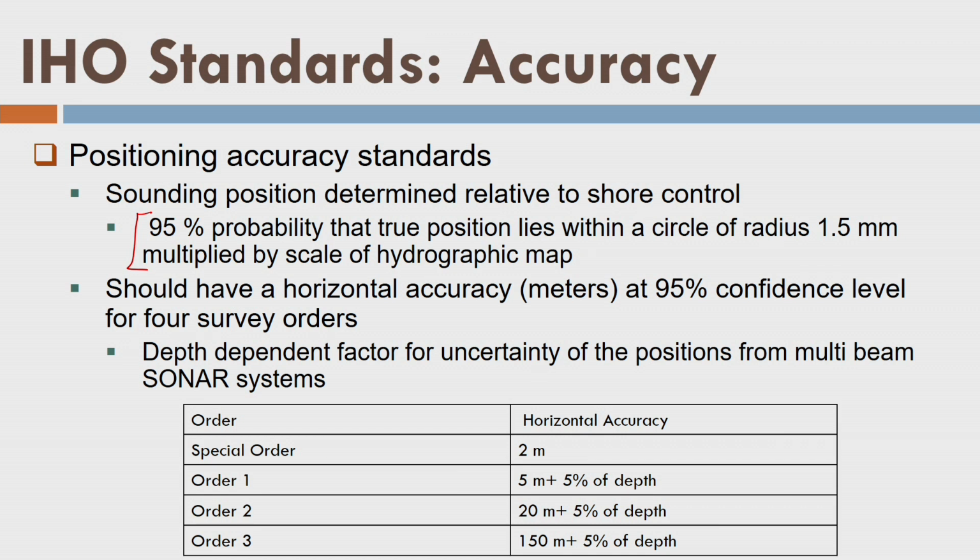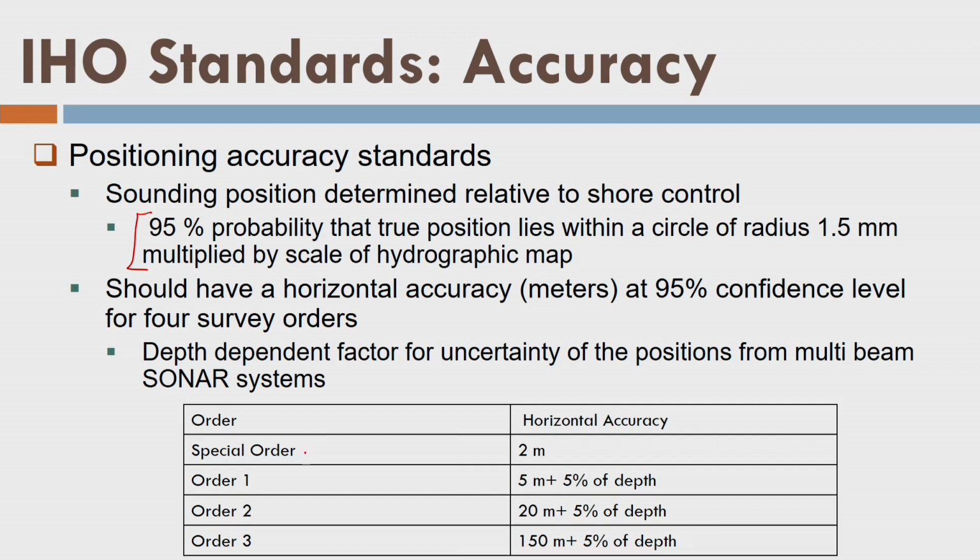Nowadays, in the latest version of IHO, they have specified that we should also consider the depth of the water in order to define the horizontal accuracy. That means, the higher the depth, I can have a little tolerance on the horizontal accuracy of my position, and that is why they say that for special order there is no compromise. That means each and every point XY should be located within 2 meter accuracy, and that is coming from the 95% confidence interval. I hope that you got the idea, because we have already discussed these 95% criteria in adjustment computations, or in basic surveying they are dealt with in detail.